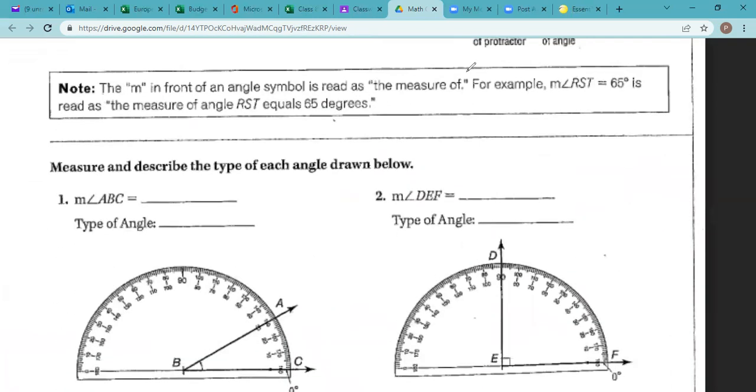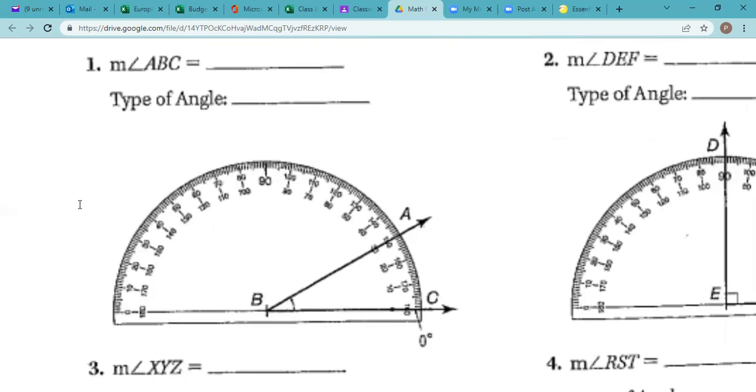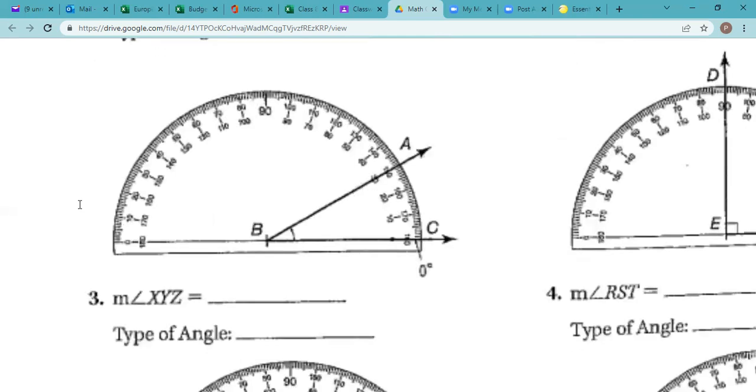All right, now they put an M, the letter M, in front of the angle. And this is just kind of read as the measure of. I don't really pay too much attention to the M. I'm looking for right here, the two questions that they are asking you: how many degrees is the angle and what type of angle is it? Now, I think sometimes it's actually easier to say what the type of angle is first and then go back and figure out the degrees. Okay, so for number one,